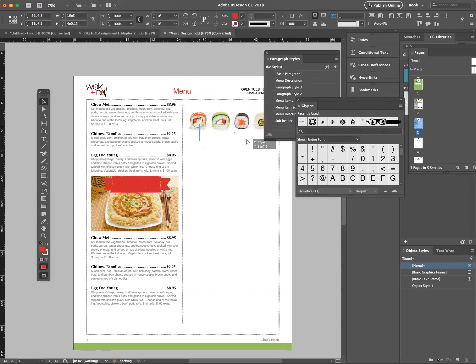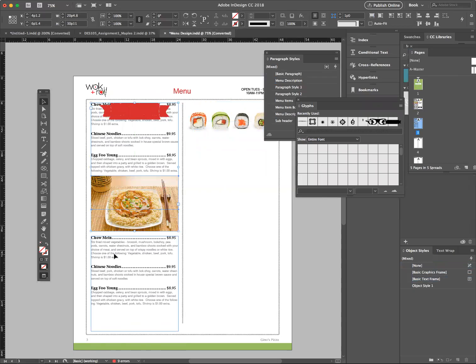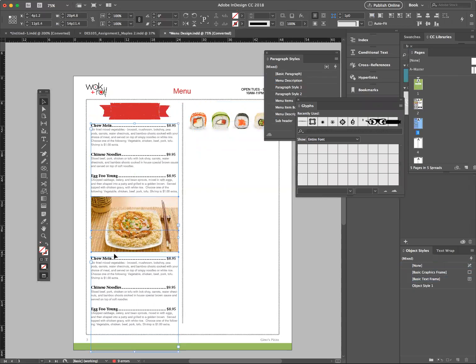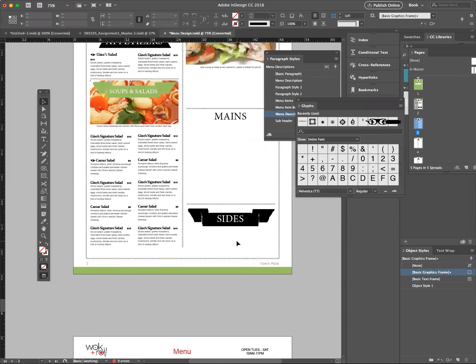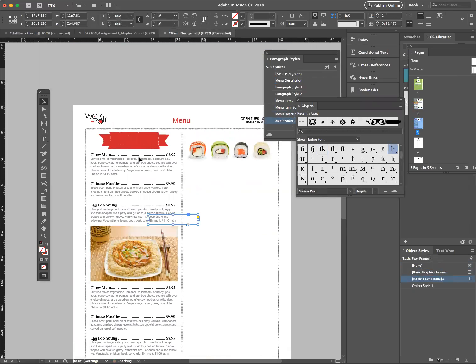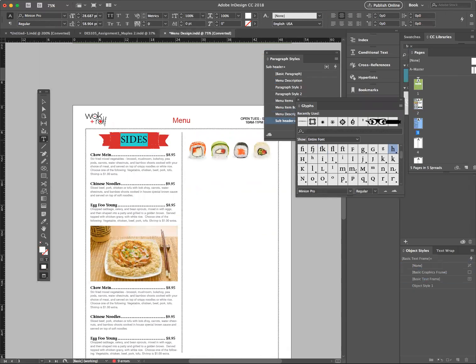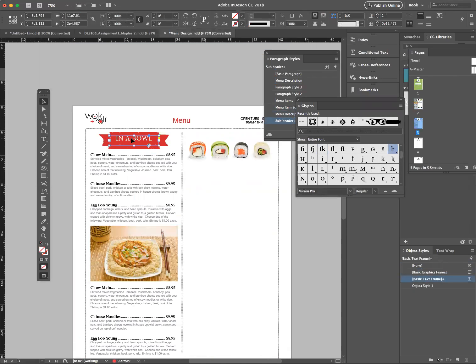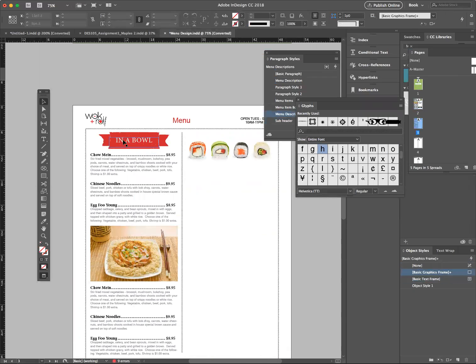pizzazz. I can even use my banner to indicate a new section of food. So I can position it right here, and I'll just move these elements down like that. And I can just draw another text box and type in whatever my subsection is called. So if you're doing the Starlight Bistro, it would be in a bowl, like that. If you're doing Walk and Roll, you'll have a different subsection, but you get the